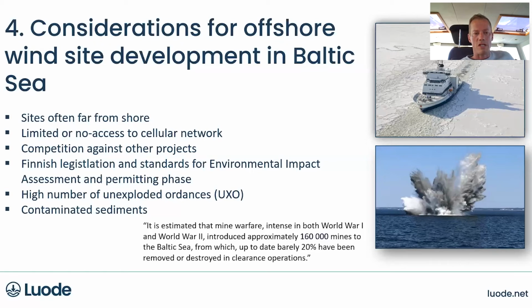Then if you remember the first slide where we have the statistic of the ongoing projects and the planning phase projects in Finland, the competition among different projects is really huge at the moment in Finland. As I mentioned, the legislation and the standards on environmental impact assessment and the permitting phase are very high in the Scandinavian countries. But at the same time, for example, the Finnish government, who is giving the survey permits for